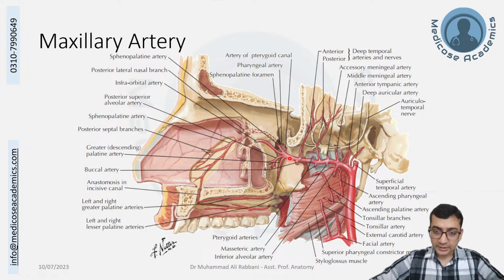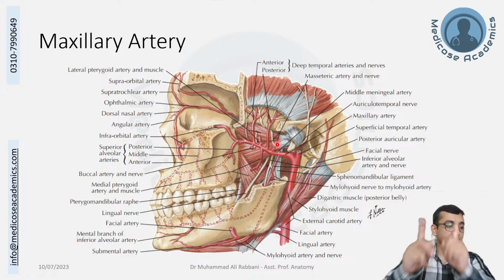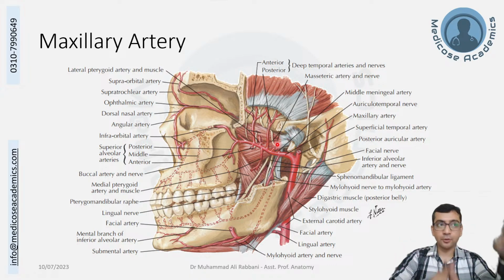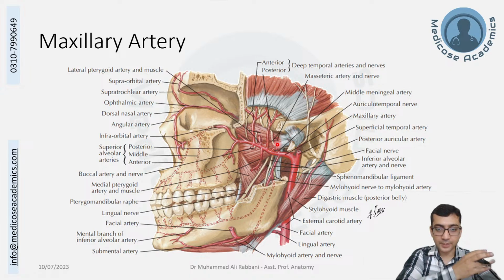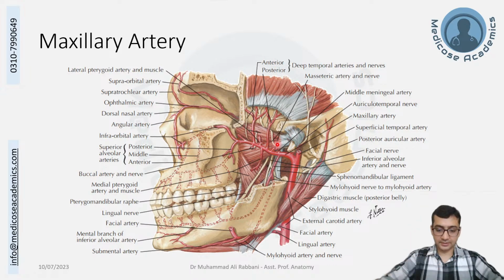And the third part is after crossing the lateral pterygoid muscle, when it is inside the pterygopalatine fossa. So there are three parts. Sorry for that. It has three parts: before the lateral pterygoid, at the lateral pterygoid, and after the lateral pterygoid, that is the pterygopalatine fossa. Each part has five branches. An interesting way to remember this is that